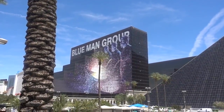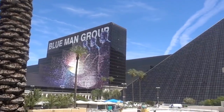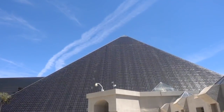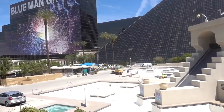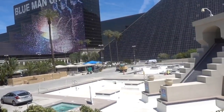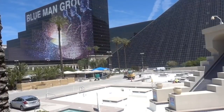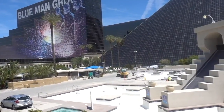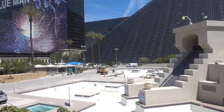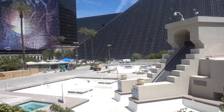This building is part of the Luxor. Of course, they're advertising Blue Man Group. And of course, here is the pyramid that we're so familiar with. And work is going on to rehab this pool area, though way in the distance you can see a pool area that is operational. These guys better work fast because the weather is in the 90s and it's becoming very good pool weather in